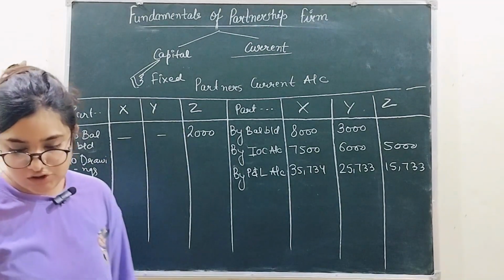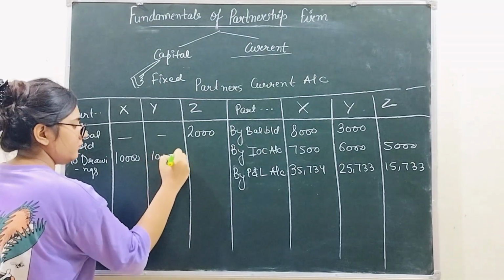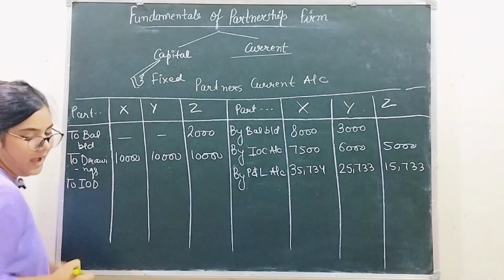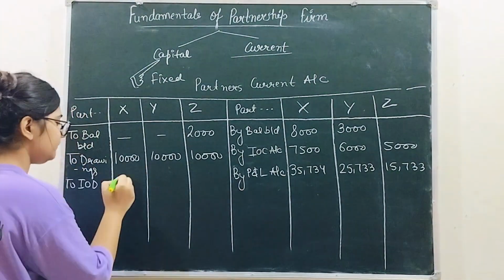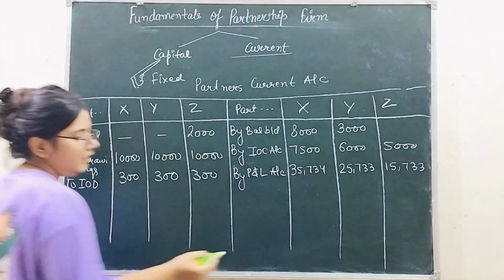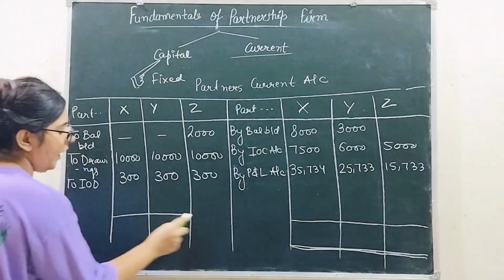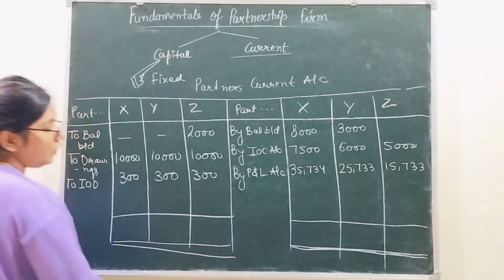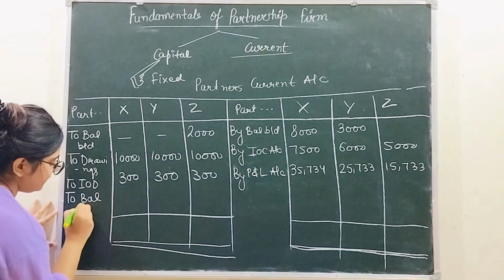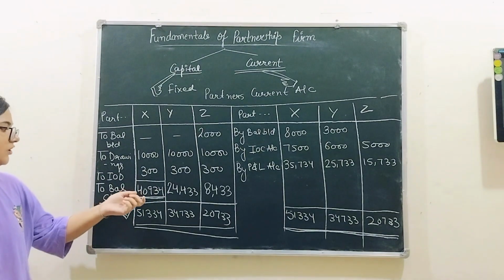कितनी ड्राइंग्स है? इन द क्वेश्चन दे हैव टोल्ड यू 10000 फॉर ईच, उसके बाद आप लिखोगे अपना आईओडी। आईओडी कितना आया था? 300 फॉर ईच, right? Now you are going to close your account because there are no other items left. So when you are simply going to close your account, you will get your closing balance by balance carried down. So we have calculated our closing balance, which are getting in this case